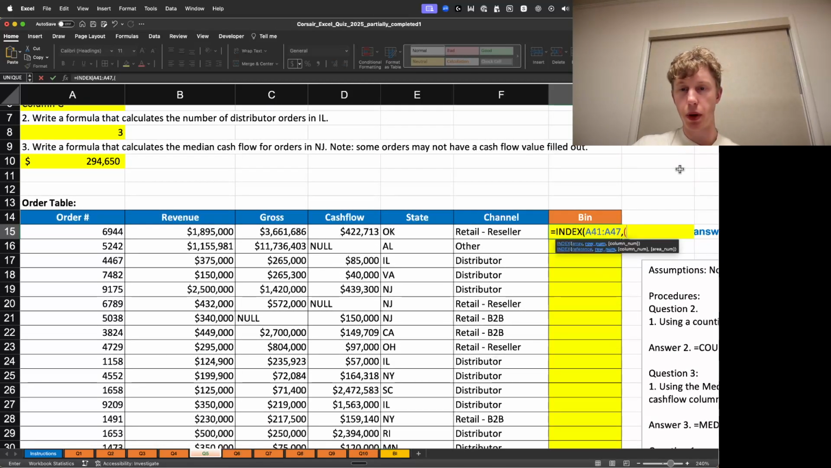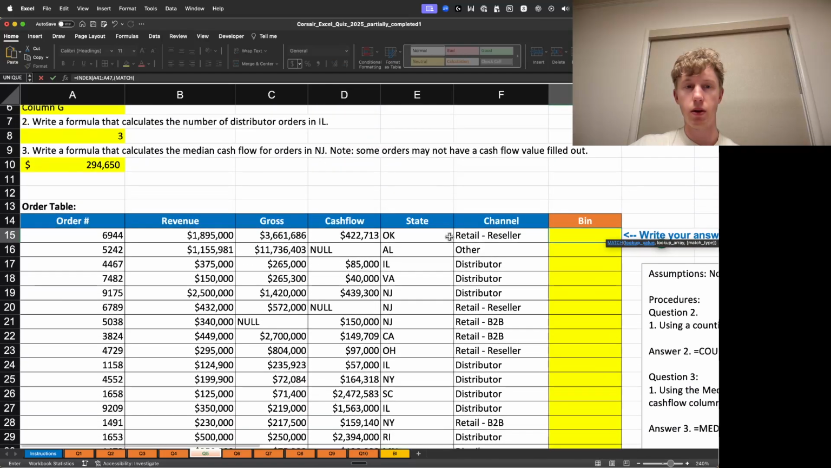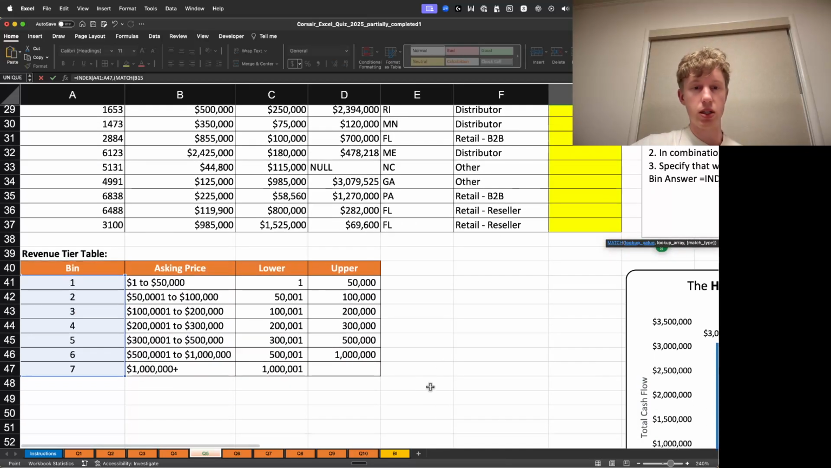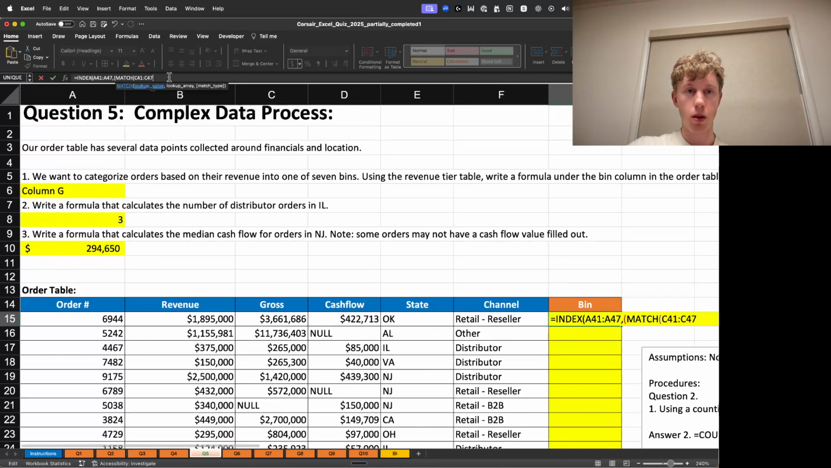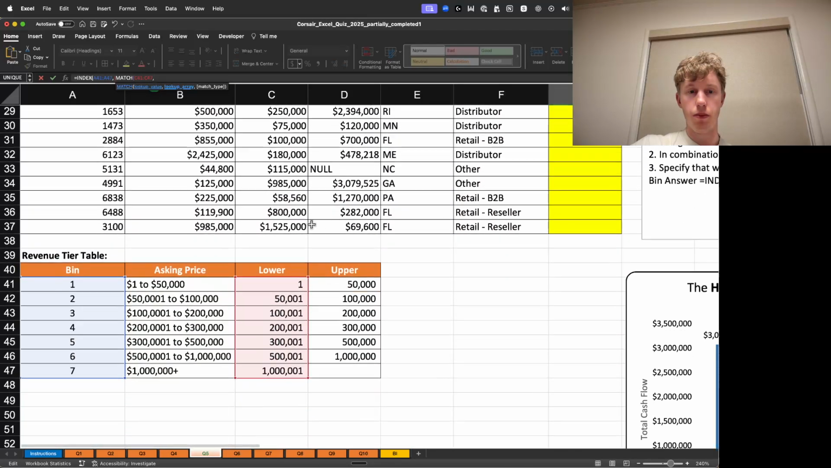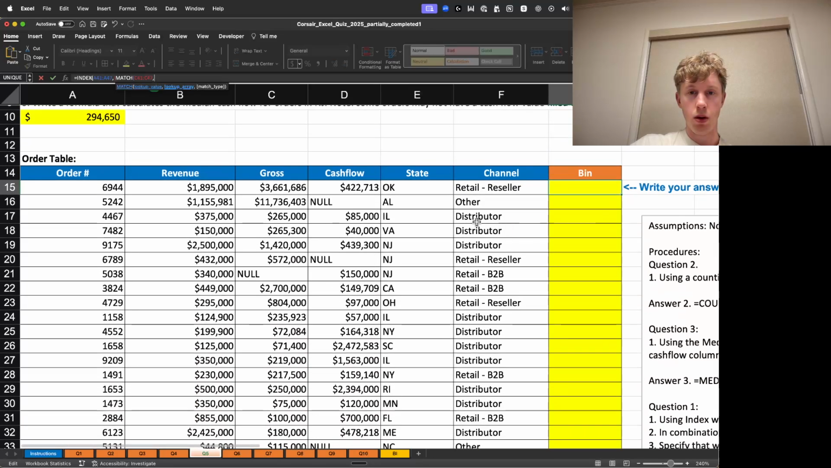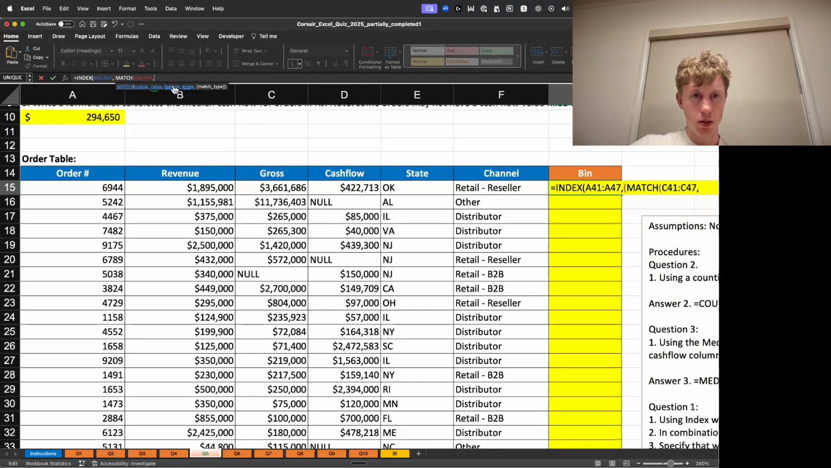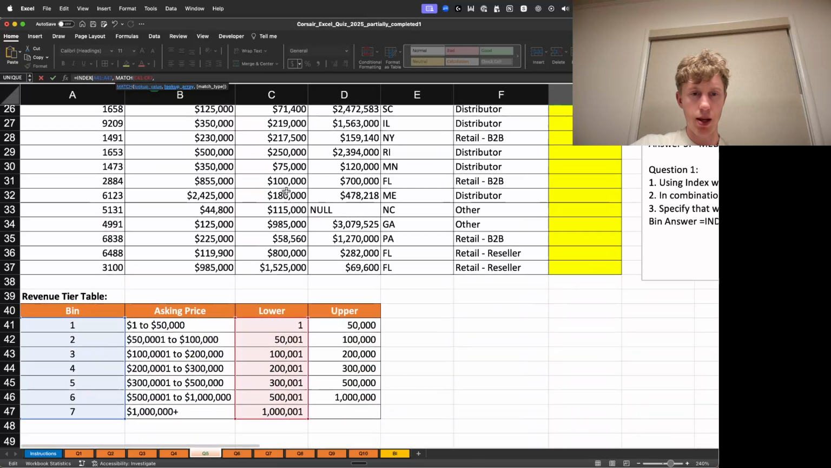And then we'll add a close parentheses and we'll say MATCH. So the MATCH function, we're going to say our lookup value is going to be the revenue. So we want to match the revenue against a specific value. In this case, it's going to be one of the sides of the ranges. In this case, we're going to choose the lower range. And then our lookup array,